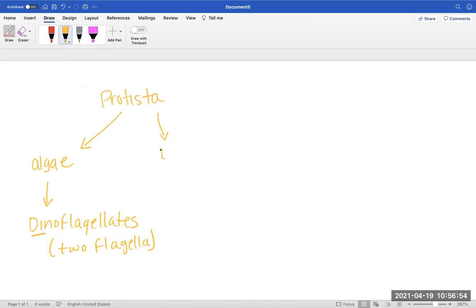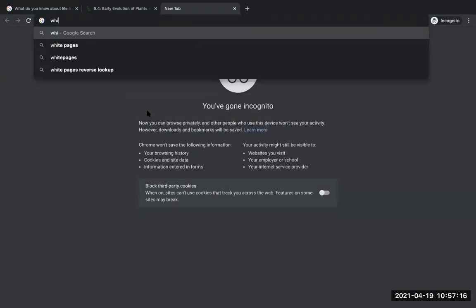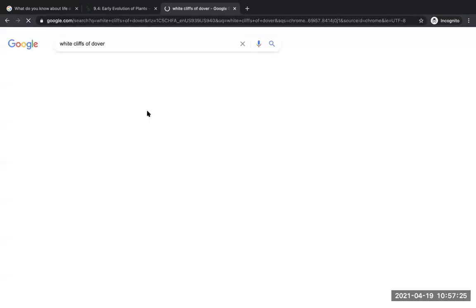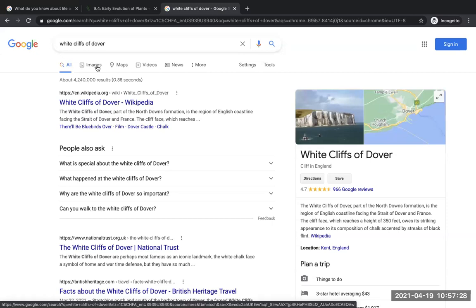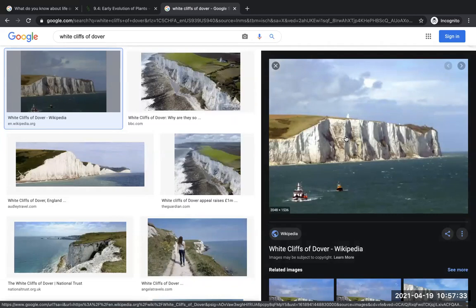Have you guys heard about White Cliffs of Dover? So the main characteristic here is silica. Actually, this also goes under algae, under Protista. So that's another group. It's talking about White Cliffs of Dover. Have you guys heard about it, or has anybody been there? Dover, Delaware, or Dover, England? Dover, England. Yes, you've seen these in person? I've not seen them, but I've driven across the channel from there.